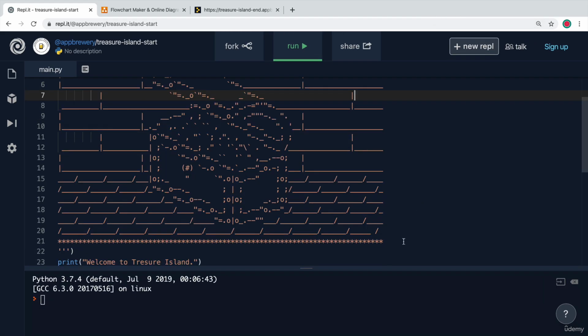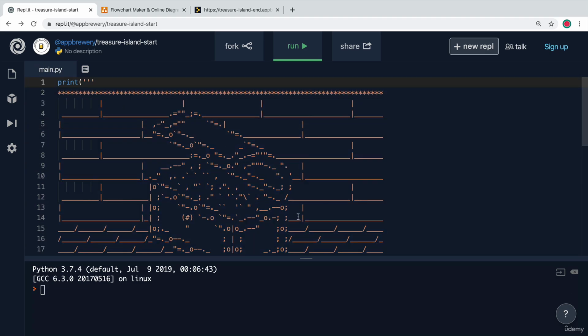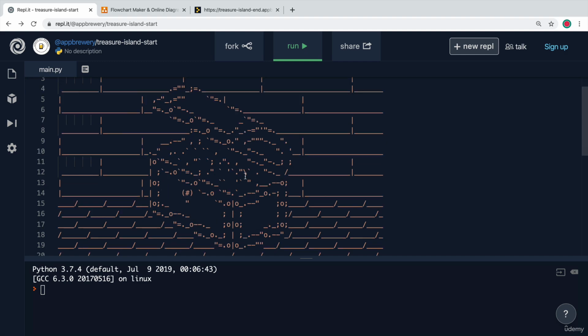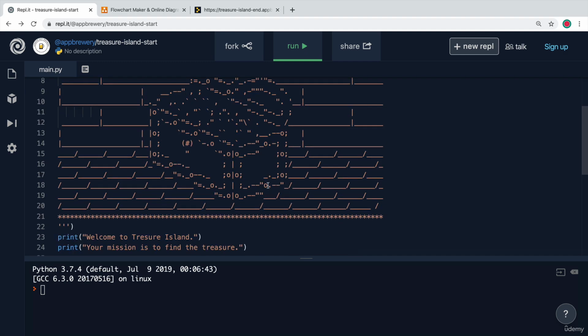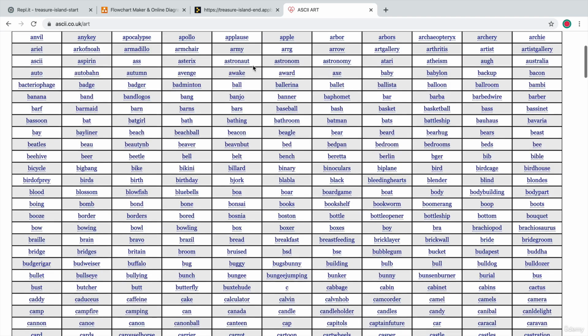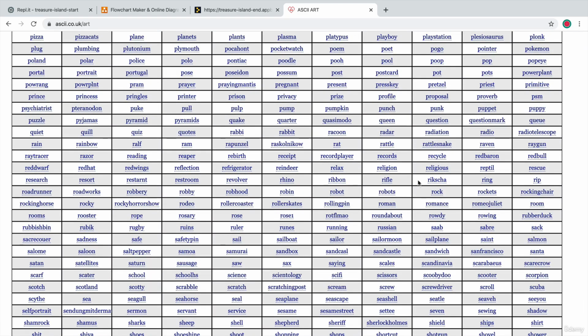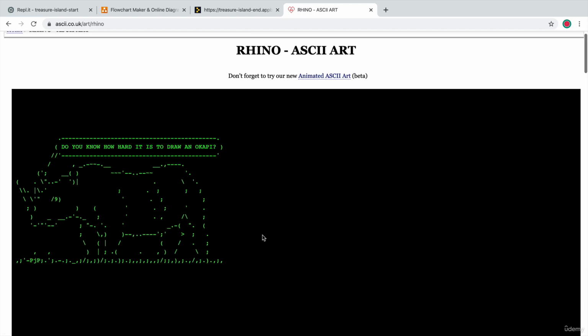Now, ASCII art is really cool because it basically just uses a bunch of characters that you know and love, like the comma and the equal sign and all of these things that together make up a picture. And you can find your own ASCII art if you just go to ascii.co.uk/art, and you'll see a whole bunch of different topics, and they've grouped a lot of things together into individual